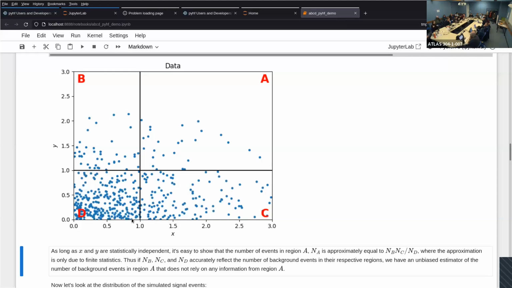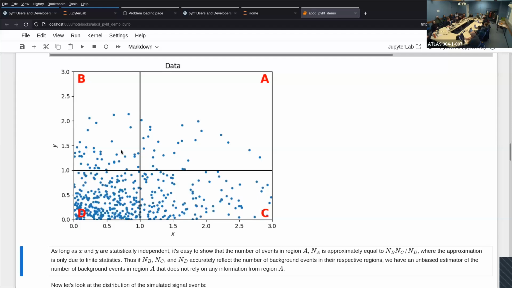In the continuous limit, this would be exactly true. It's saying that this relationship is true for any definitions of the ABCD regions, that any cut values between the regions is equivalent to saying that these variables are uncorrelated. So if